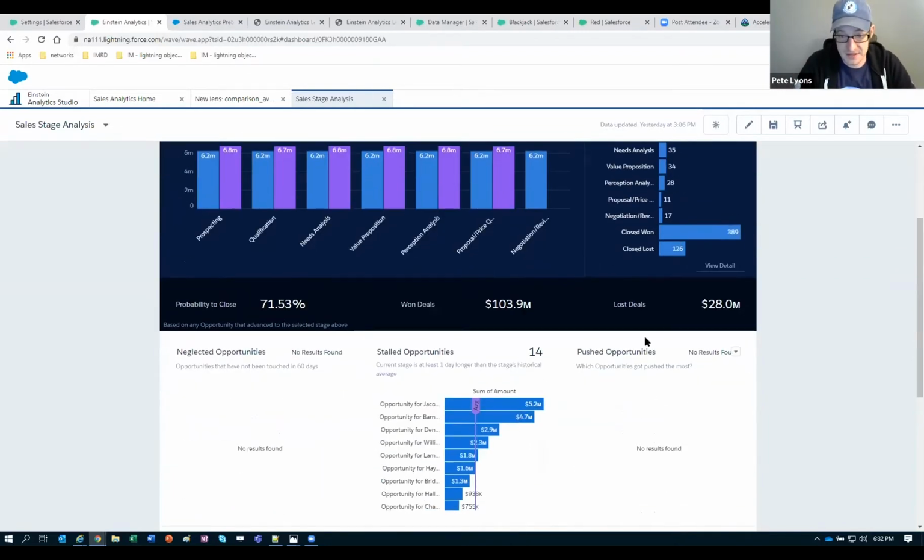So one thing it tells us about, and they didn't create any sample data for this, is the concept of a pushed opportunity. This is when we keep moving the close date forward. So you said it was going to close in July. Now you say it's going to close in August. Now you say it's going to close in September. Well, when I look at that, I say it's never going to close, and you're chasing a pipe dream here. Sales analytics will surface these up, and it will tell you how many times a record has been pushed,